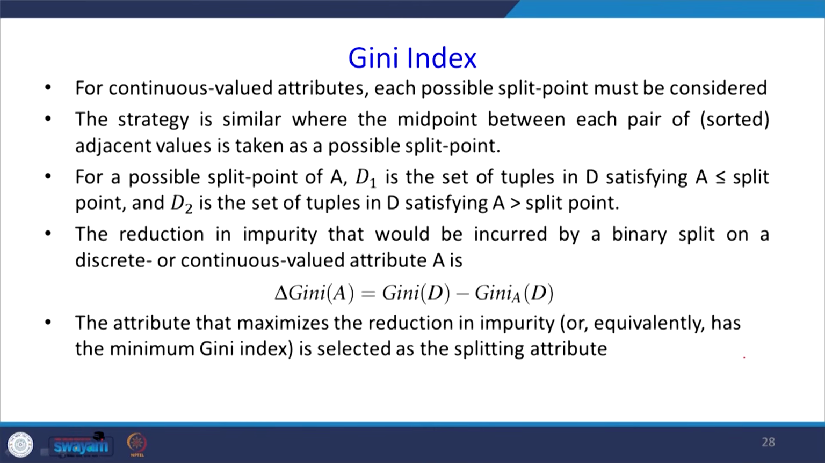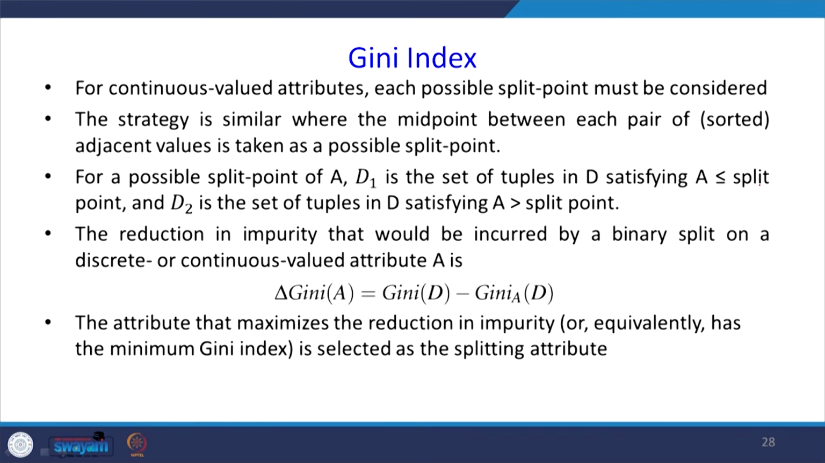For a possible split of A, D1 is the set of tuples in D satisfying A less than or equal to split point, and D2 is the set of tuples in D satisfying A greater than split point. The reduction in impurity that would be incurred by a binary split on a discrete or continuous valued attribute A